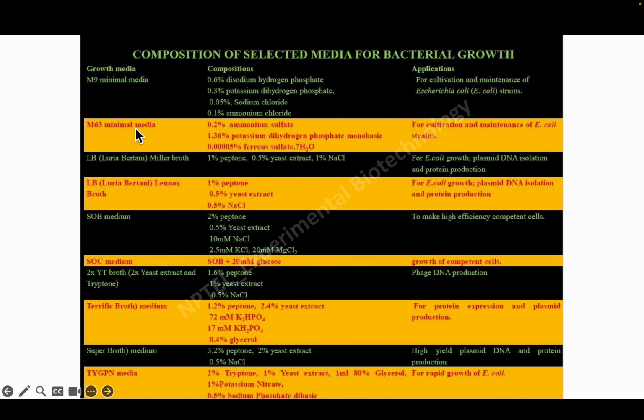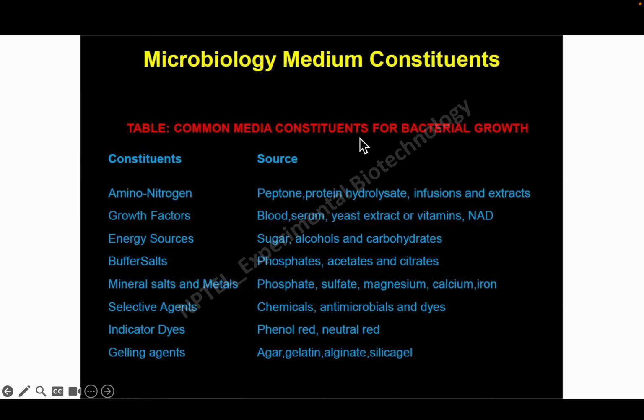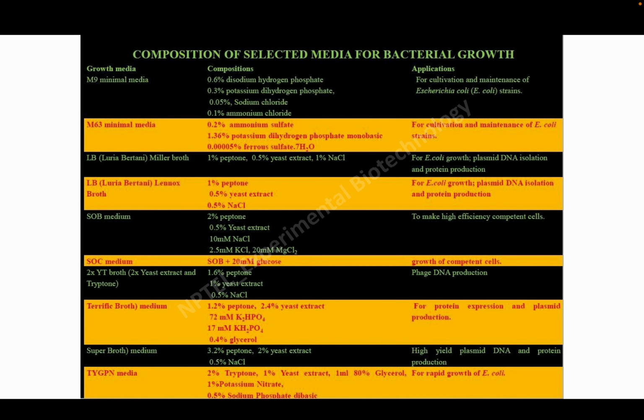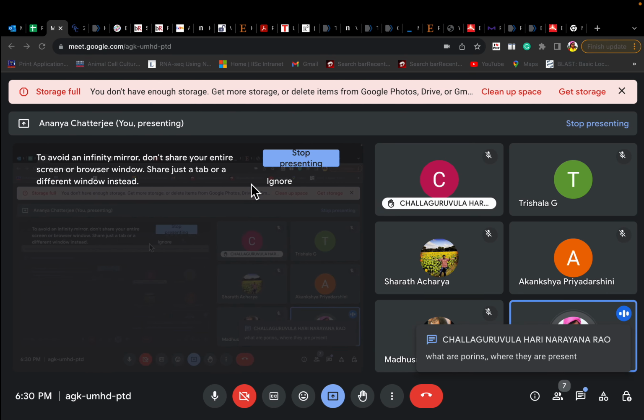Another media, M63 minimal media. So these are the compositions you have to know. It's not like you have to remember, but you have to have an idea of what is there. So here ammonium sulfate is there, potassium dihydrogen phosphate is there. So you can see where your minerals, nitrogen, energy sources are coming from. The application of M63 minimal media is for cultivation and maintenance of E. coli strains. LB: peptone, yeast extract, NaCl for E. coli growth. LB Lennox broth has 1% peptone,